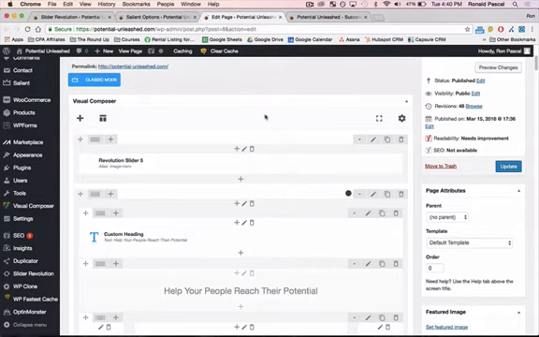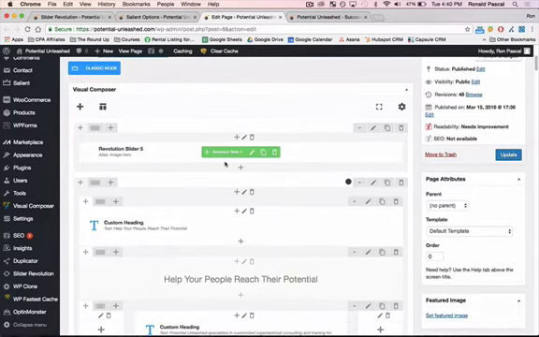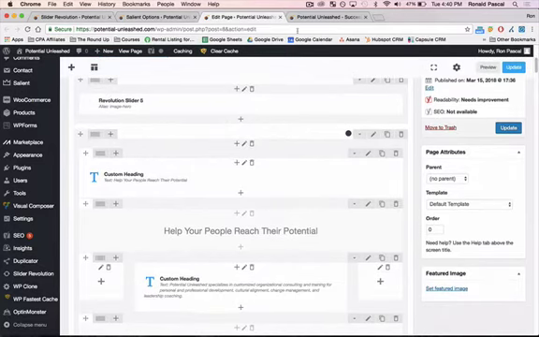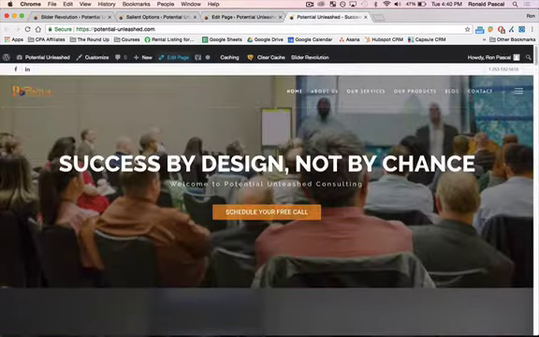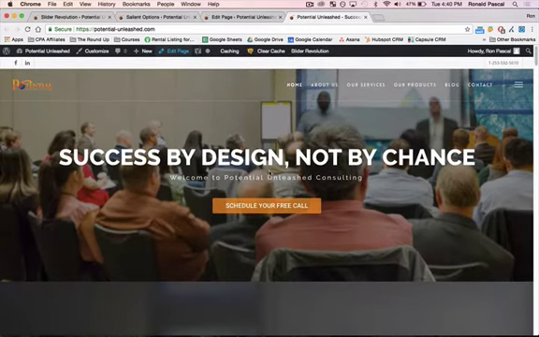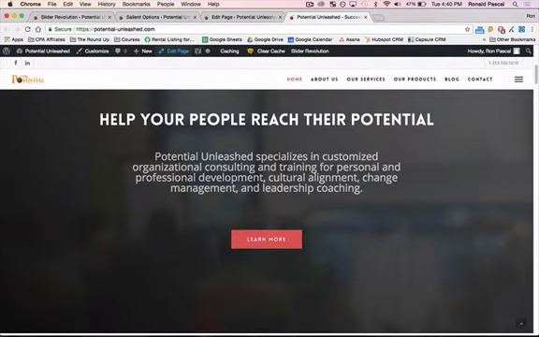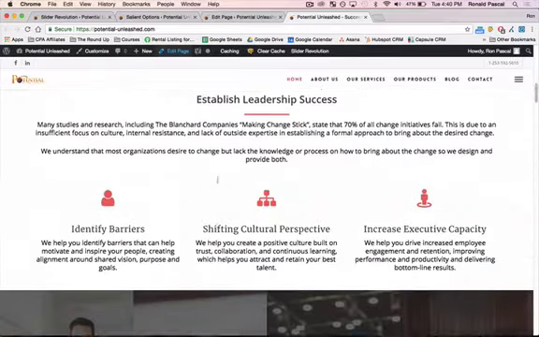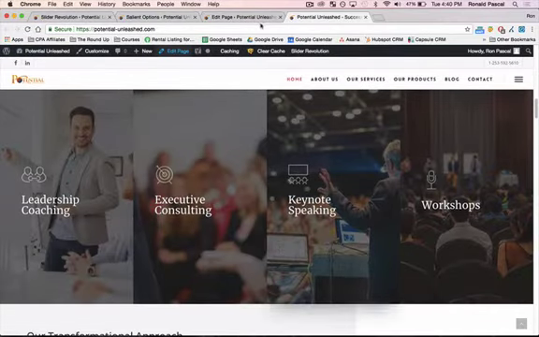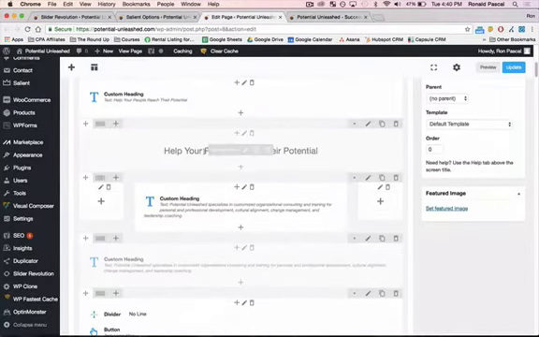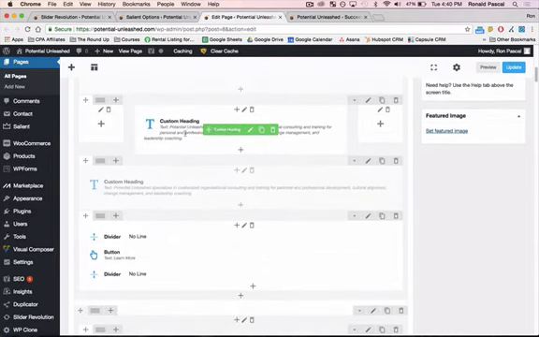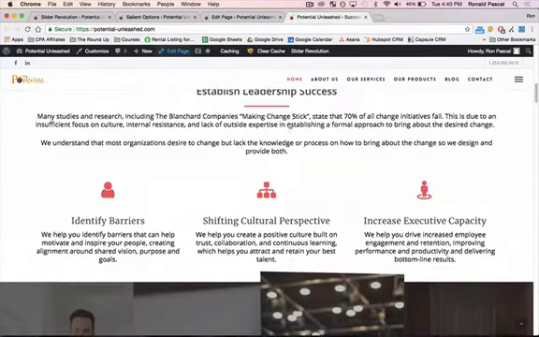And what it typically looks like is a bunch of boxes. So you'll see Revolution Slider 5, it's a row, it's a box, and what that box represents is here. The content here. So every content row that you typically see, like these, on the back end looks like boxes. So you can see how people reach their potential, custom headings, right? Potential Unleash specializes in customized consulting. So if you go down here,